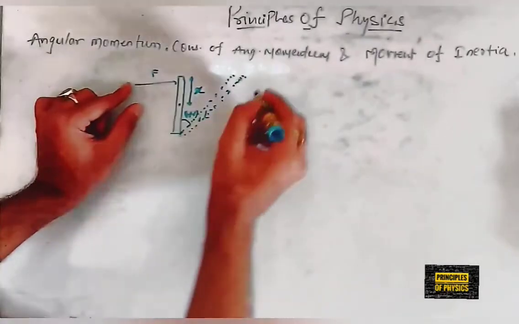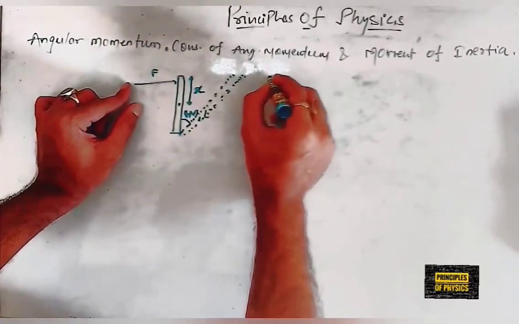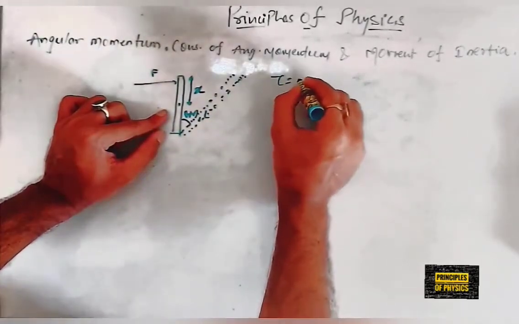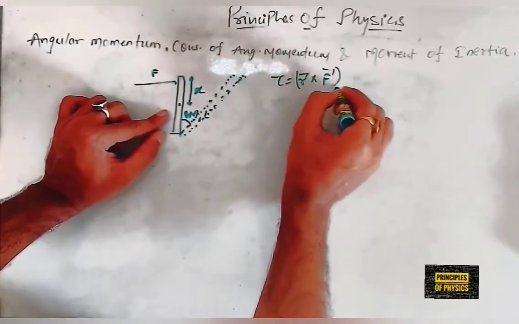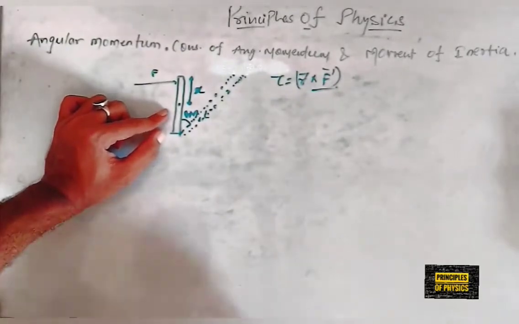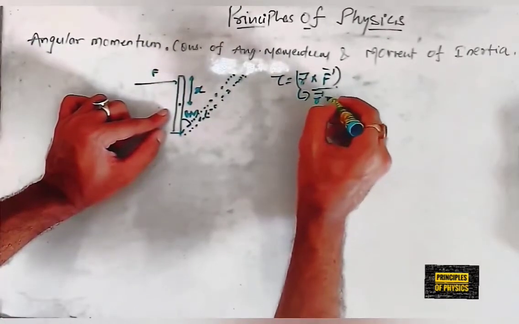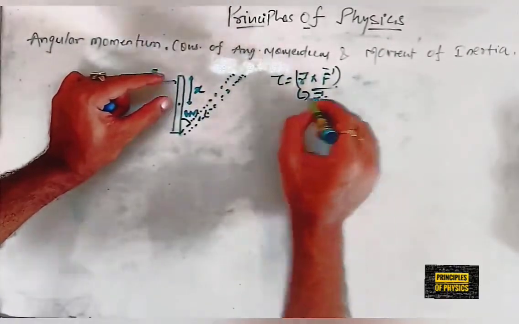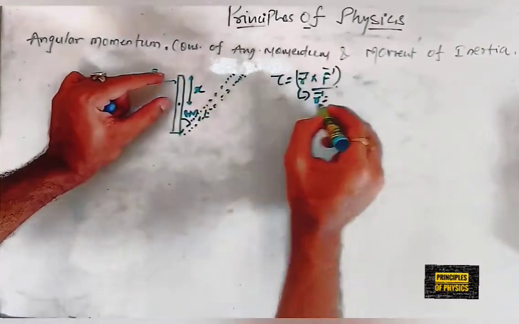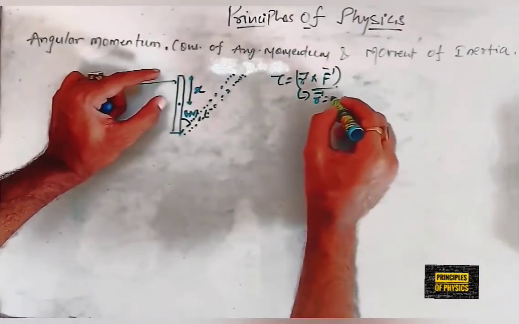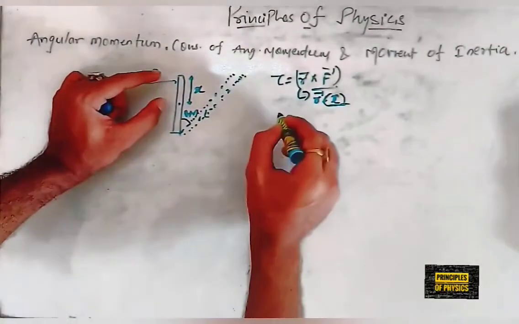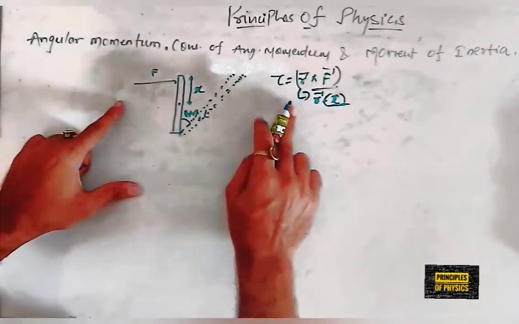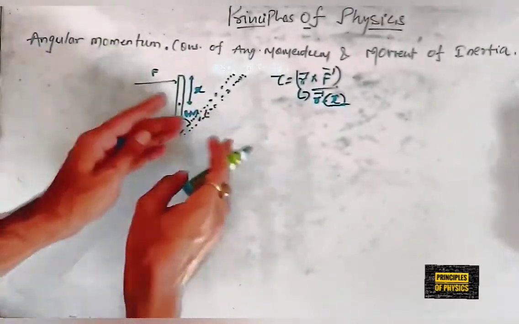Due to this force, we can say that this body is subjected to some torque, and that is R cross F. And we know that this distance R is the distance from the center of mass to the point at which the force is acting on that body, and this is x in this system. So this force has some torque that produces rotation in this body, and this body has moved through some angle theta.